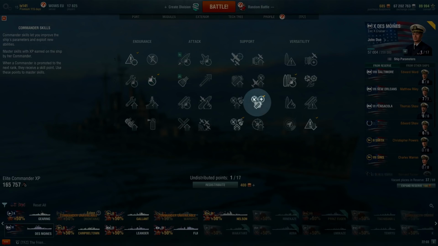At Tier 3 we've taken Superintendent, as having an extra charge of each consumable will come in handy during a long duration match, especially the additional heal as my aggression will necessitate taking hits. And at Tier 4, we've taken both